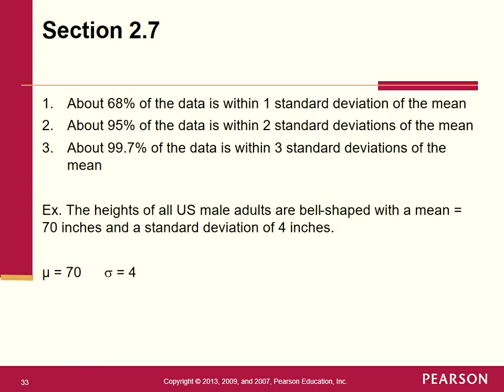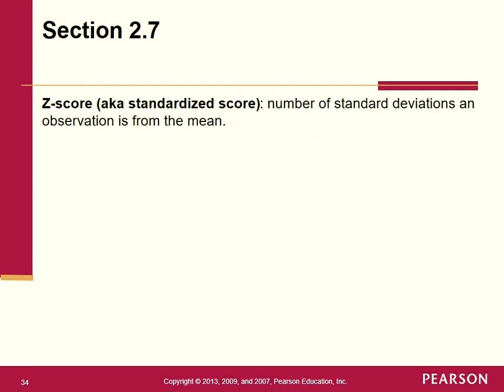All right, so let's move on to the last topic, and that is in section 2.7, z-scores. This is a really important topic. It has another name called the standardized score. A z-score is the number of standard deviations an observation is from the mean. This is an important concept in stats, and you're going to see why later on in the semester. It's a really good idea to know this definition. I'm not going to ask you exactly what the definition is, but I expect you to know it so you can apply that definition